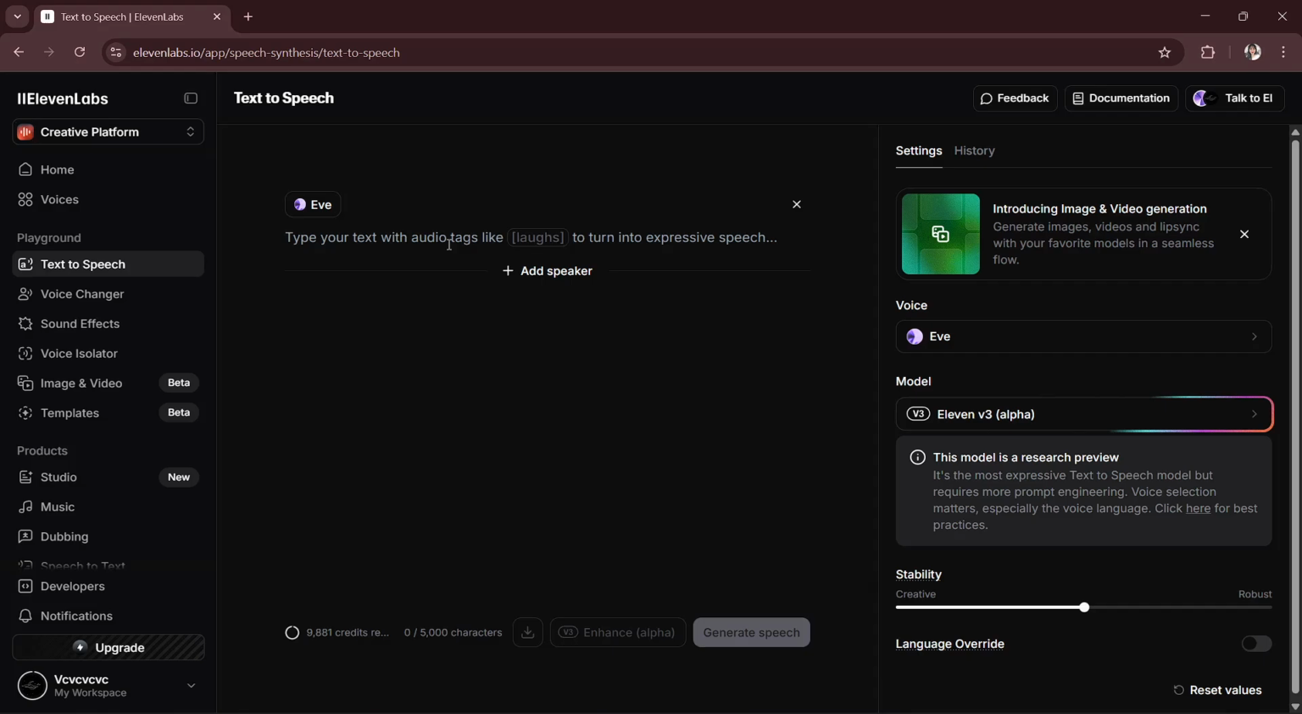So, for example, let's say something like "Hello, ElevenLabs," and then to make it cry, you will just have to put a bracket like this, and then you will just have to type cry, and then put another bracket again, and then you will just have to generate the speech to see if it did work. So just wait for it to load,